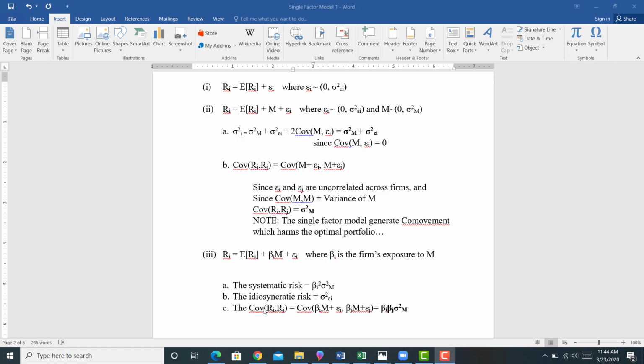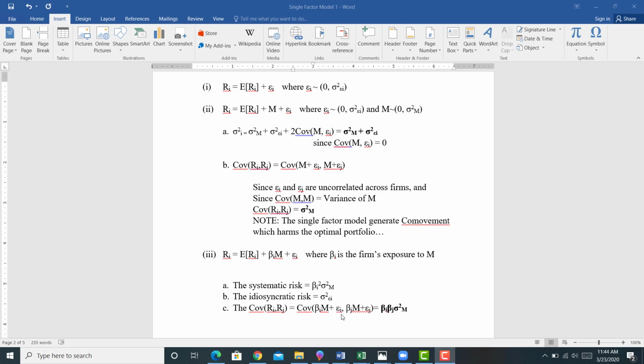And notice that the covariance between asset I and asset J is going to be equal to the covariance. Here we're doing the same thing. The exposure of asset I to the systematic risk event plus the error term of asset I. And the covariance of the exposure of asset J to the systematic risk event plus the error term of asset J. Okay. And what we can do here is we can do a little bit of math and we can find,